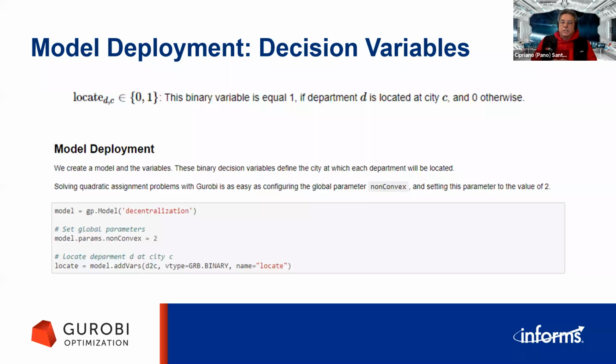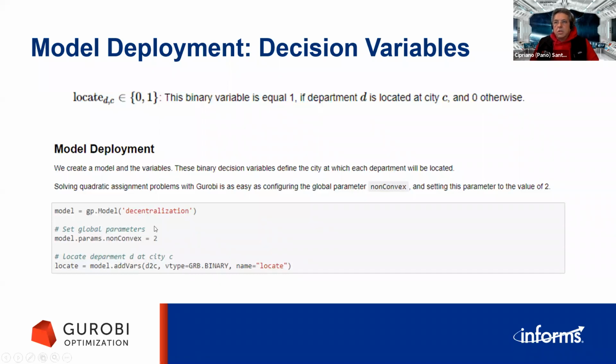So let's build the optimization model given this data. So again, we will have a model object that we are going to call model. We are not very creative. And this will be the name that, if you print this formulation, you will see as decentralization problem. And basically this model object will contain all the objective function, constraints, and